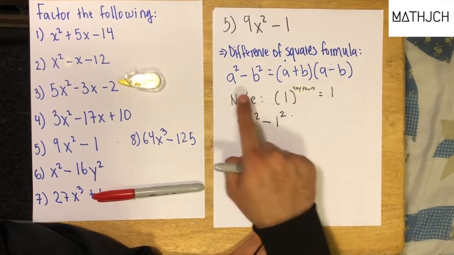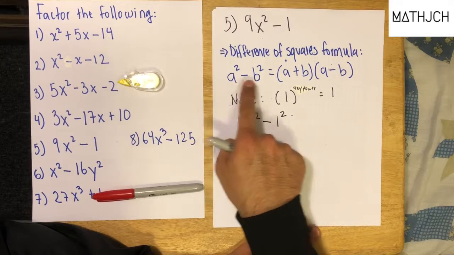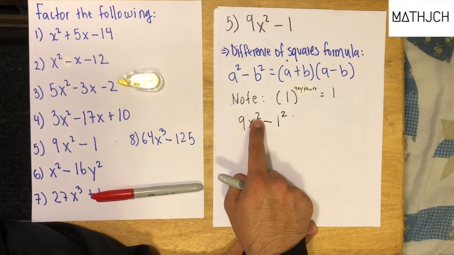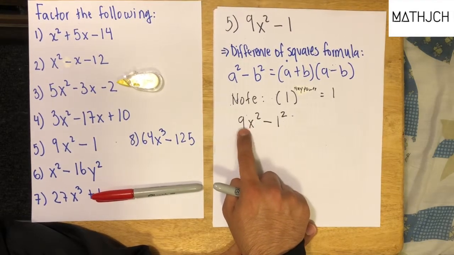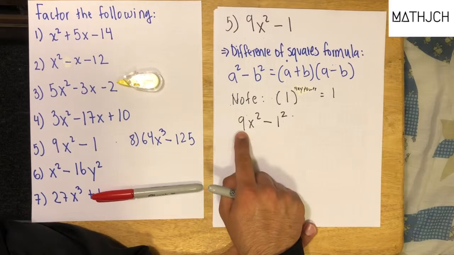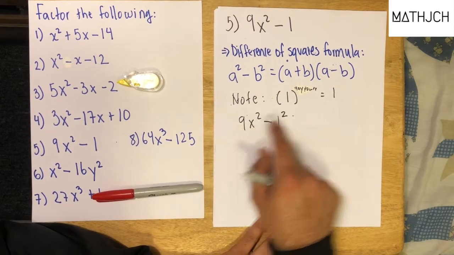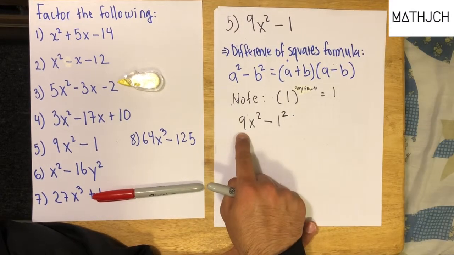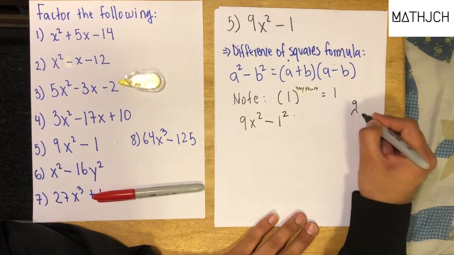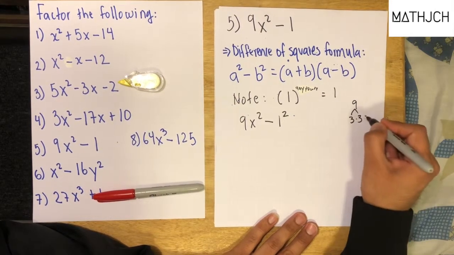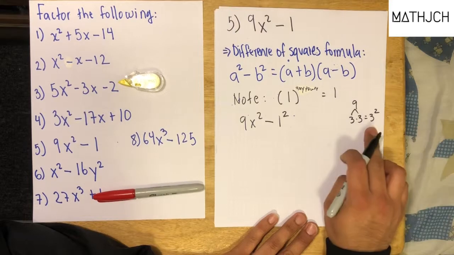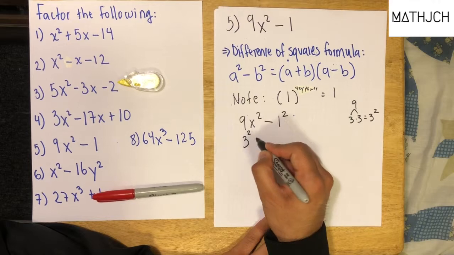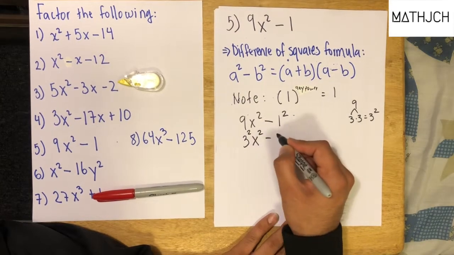But notice, we need to have something power 2 minus something power 2. In this case, only one of the terms is power 2, not the 9. These two things are together. So we need to rewrite 9 as some number to the power of 2, okay? And you might have noticed that 9 is simply 3 multiplied by 3. That also means 3 to the power of 2. Okay, so 9, I could rewrite it as 3 squared, bring down the x squared, and then bring down the